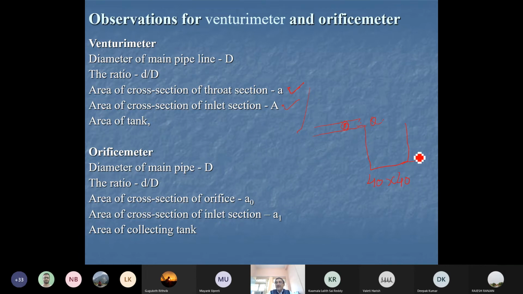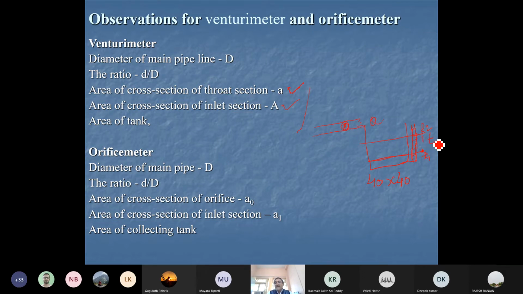We have an arrangement of a stilling basin and graduated scale to find out how much depth of water is collected in the tank for a specific time, that is T. So starting from a point here, say H1 on this scale, to H2,